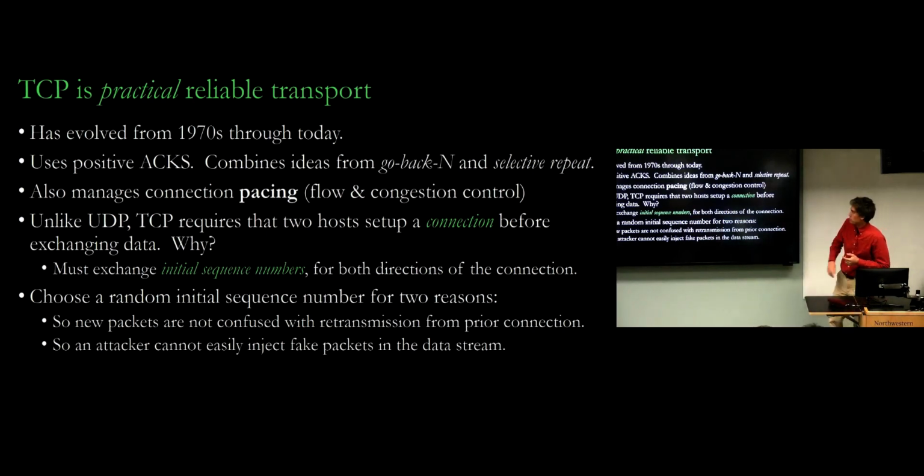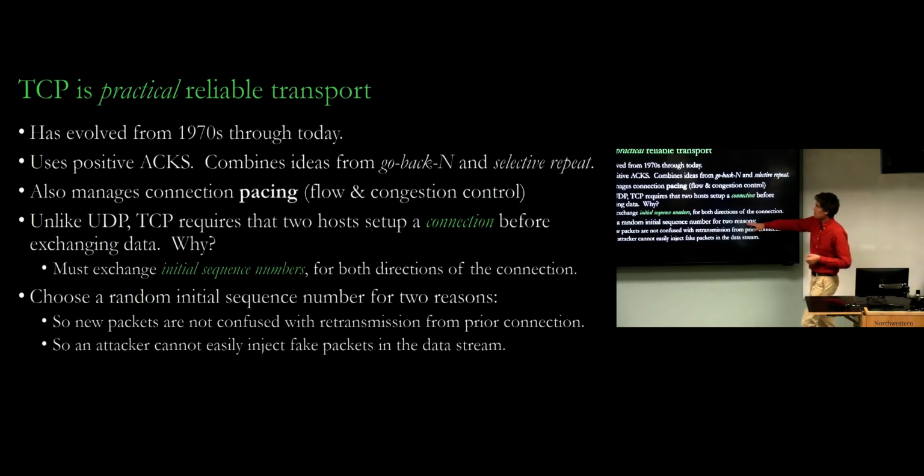We actually choose a random initial sequence number for both directions of the connection. We do that for two reasons. First of all, if we always start off sequence numbers at like 0 or 1, then it would be very easy to confuse packets from a different connection, specifically from an old connection between those two computers. If a packet is delayed from the previous connection and it comes in with sequence number 3 or 2, some low number that's likely to be reused, then you might take that data and insert it into the new connection's data stream, which would be a problem, right? Because the data is totally unrelated to the previous connection.